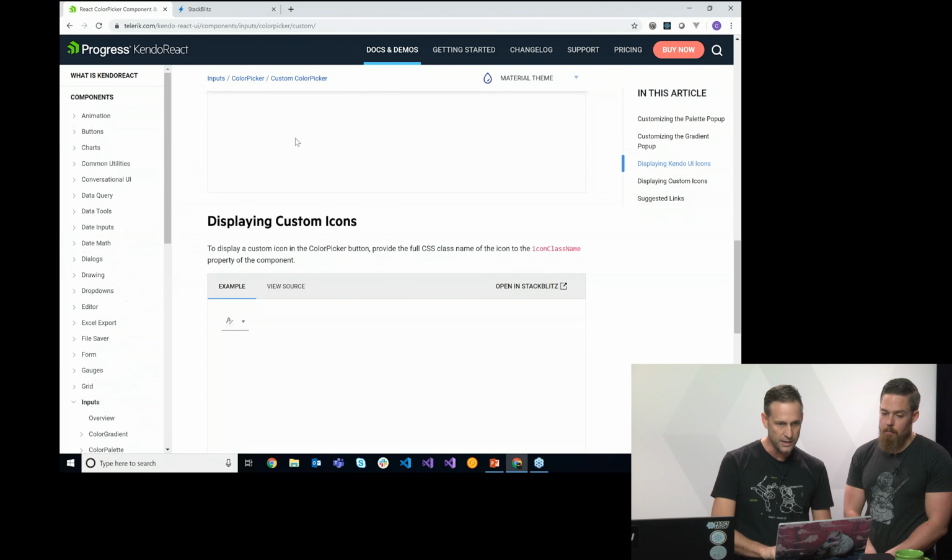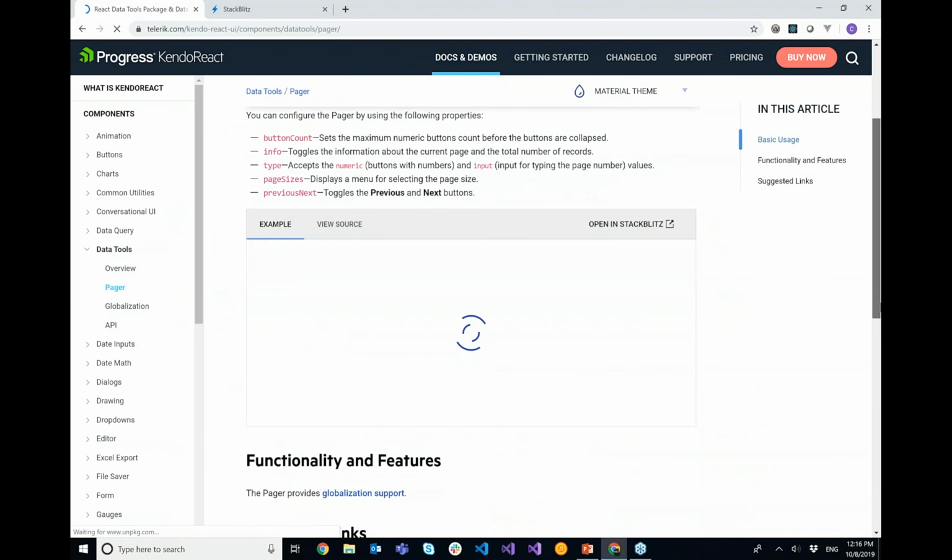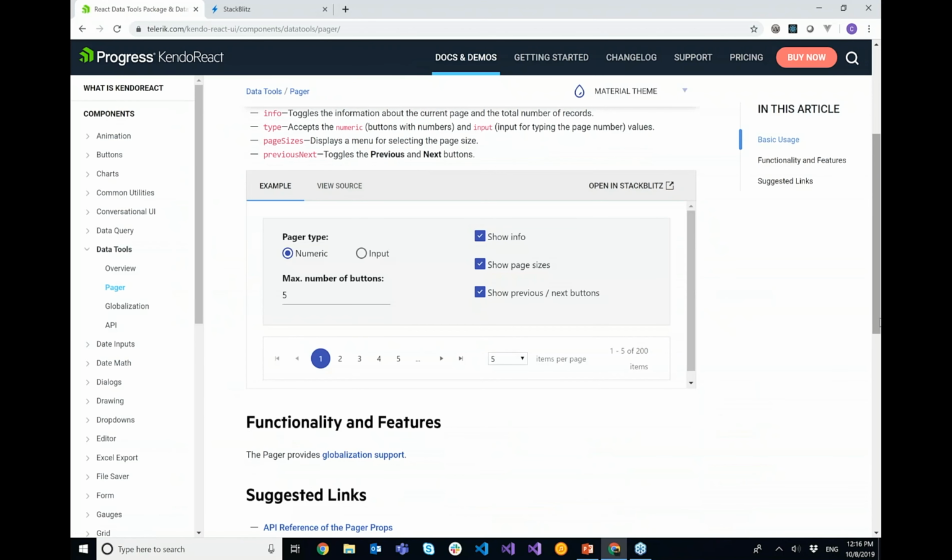The next one we want to take a look at, let's go back to the docs and demos real quick. The pager component, this is my favorite one. The one thing I wanted to tell you about this is that if you were to open this up in code, and you'll be able to go to that demo and check it out, it's very easy to just take a list and bind it to one of these pagers. You've always got the concept of skip, total, and take, right? Anytime you're dealing with a pager, you're dealing with the concept of, I've got a total number of items in it,